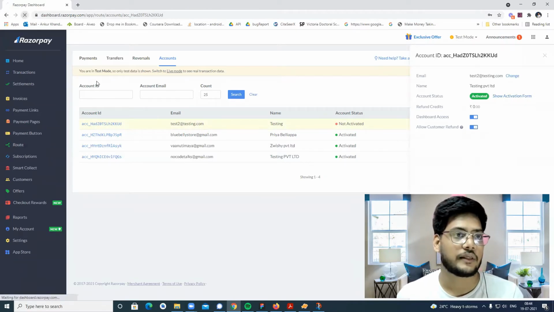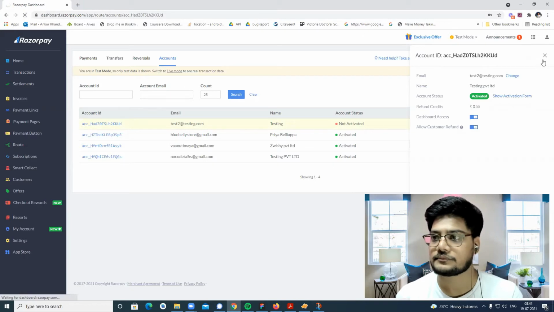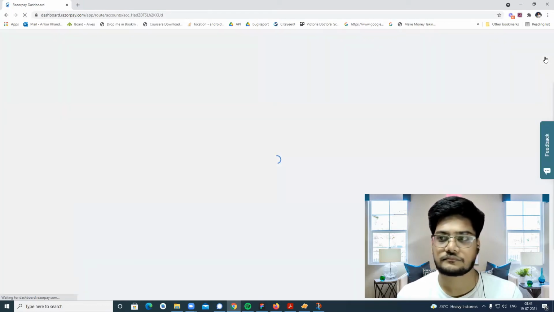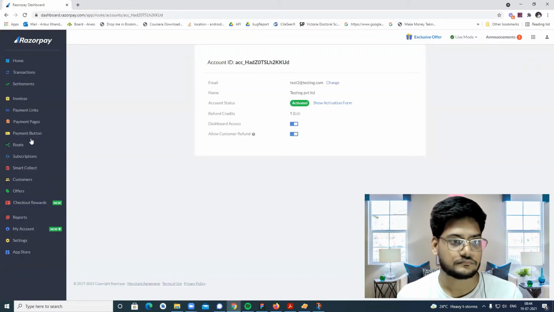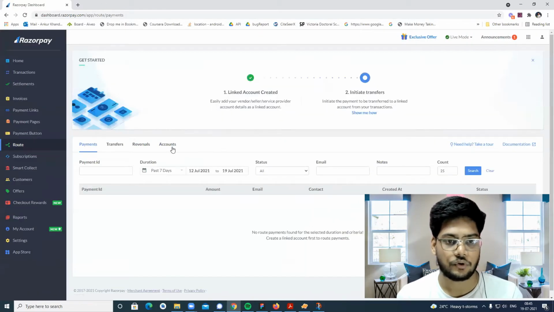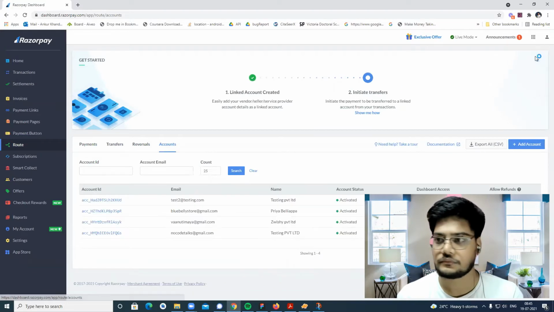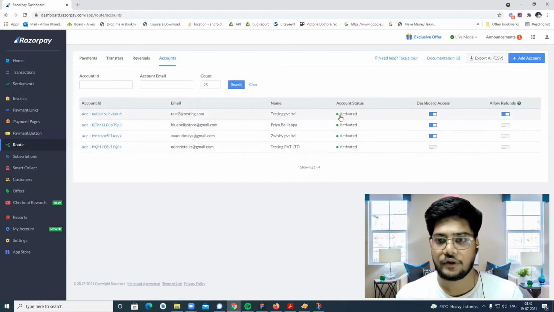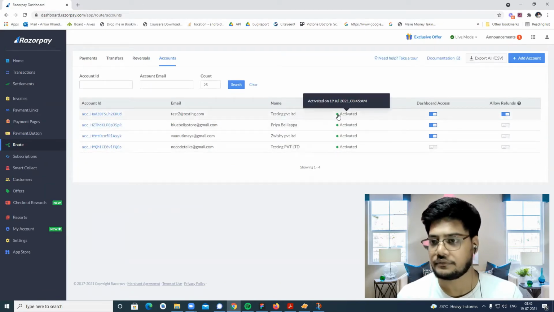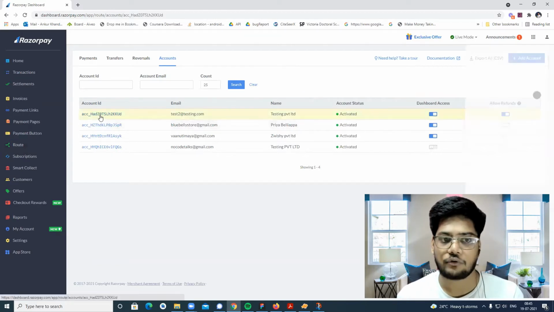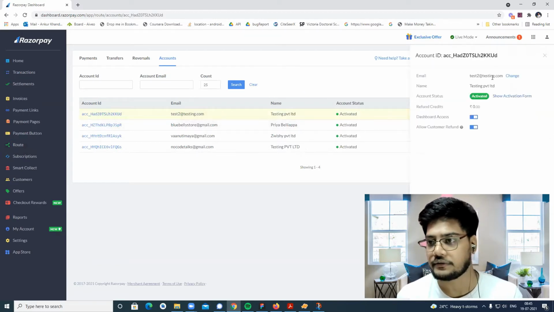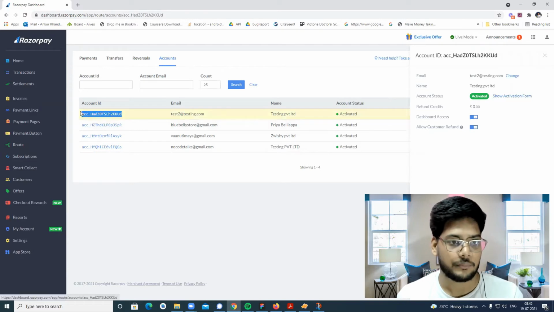Just refresh the page. Now go to the account. Here you see account status activated, and this is the account ID. Just keep this account ID intact. Just copy it.